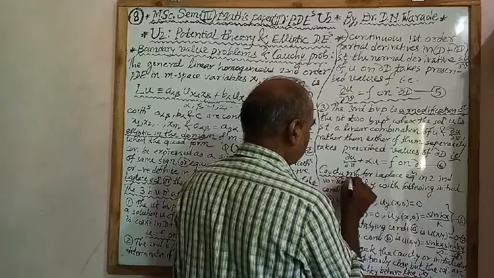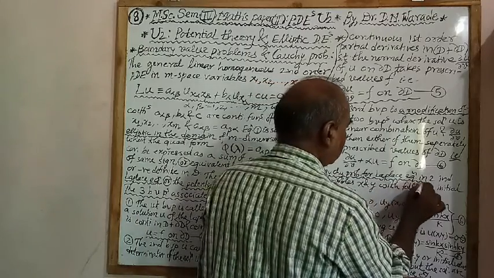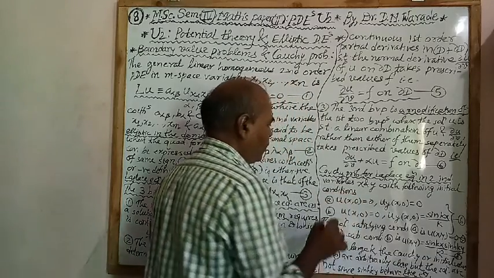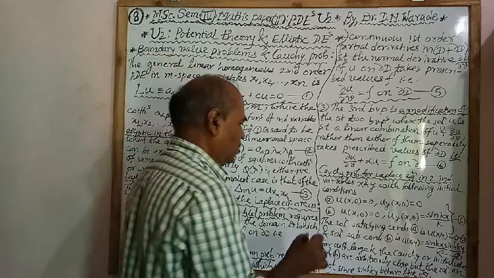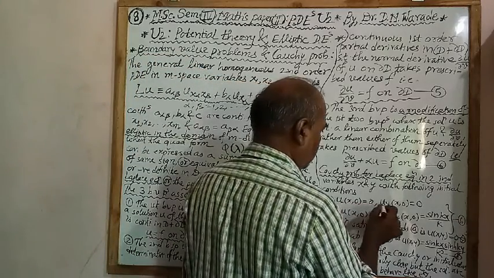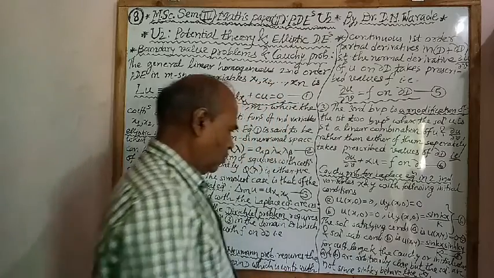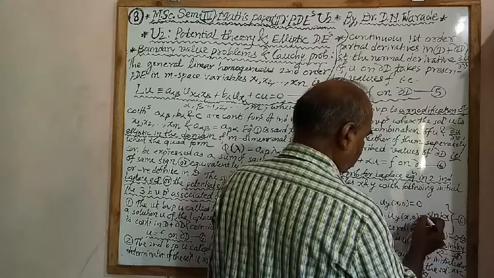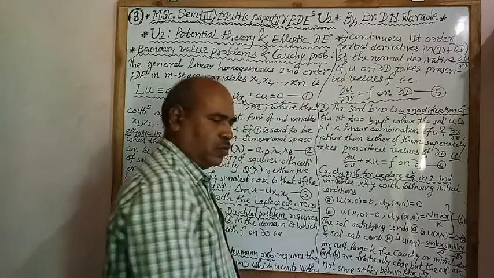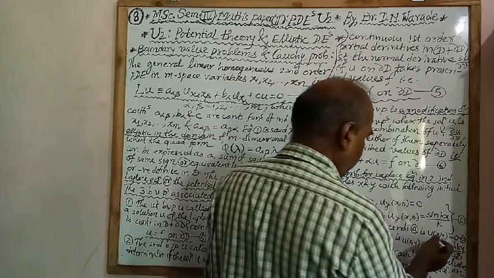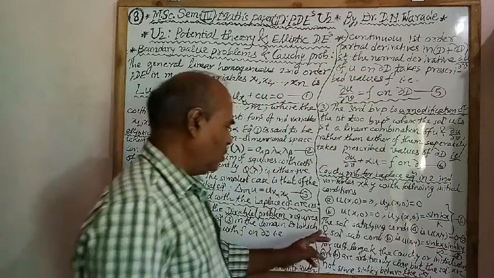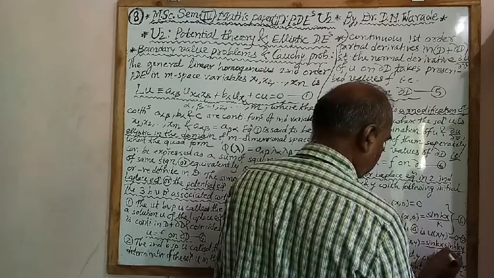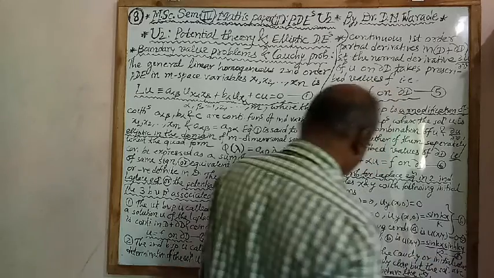Then we see the Cauchy problem for the Laplace equation in two independent variables x, y with the following initial conditions. Condition A: u(x,0) equal to 0, u_y(x,0) equal to 0. Condition B: u(x,0) equal to 0, u_y(x,0) equal to sin kx divided by k. The solution satisfying condition A is u(x,y) equal to 0, and the solution satisfying condition B is u(x,y) equal to sin kx sinh ky divided by k squared.